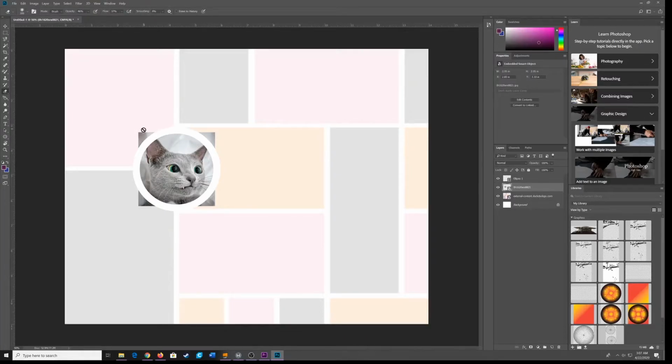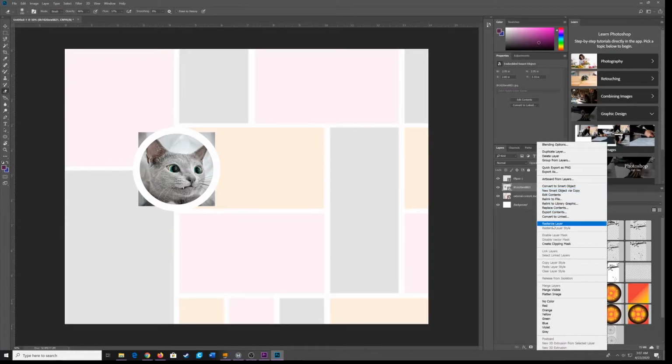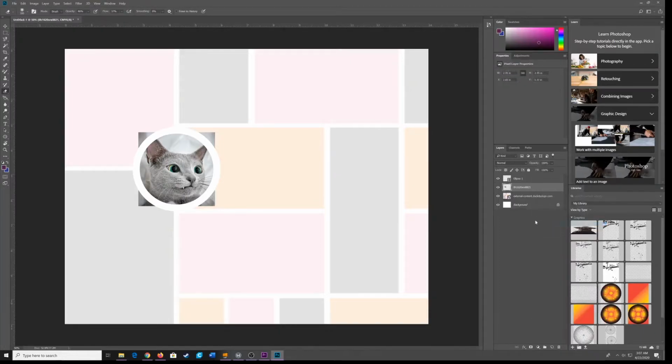Now I'm getting a message that you cannot erase right now, because apparently my picture is not rasterized. So I'm going to right click on this layer and say Rasterize Layer. Once that is done, you will see my eraser tool has a little brush shape. Over here we can select the edge hardness for our brush. I'm going to bring this up to 100% so that when I do use my eraser tool,